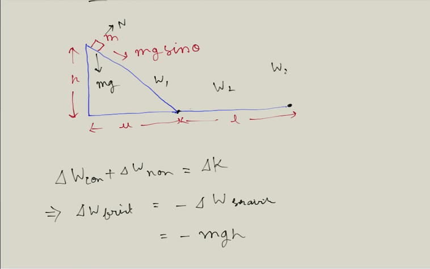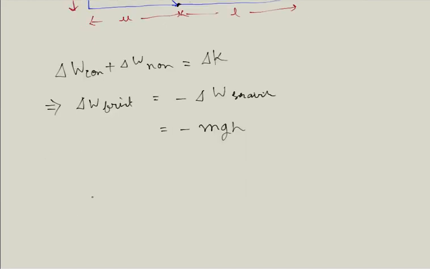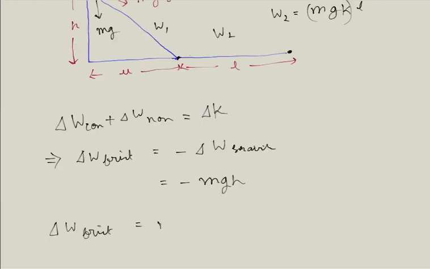W2 will be simply the work done by frictional force, which is N times k. N is the normal force, and normal force is mg in this case. So frictional force is mgk, and work done will be force times length l, as both are in the same direction. So we can separate the frictional work: one part is mgkl,